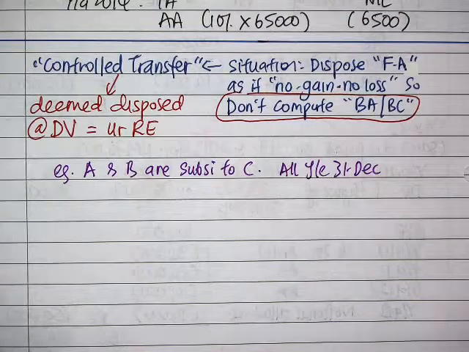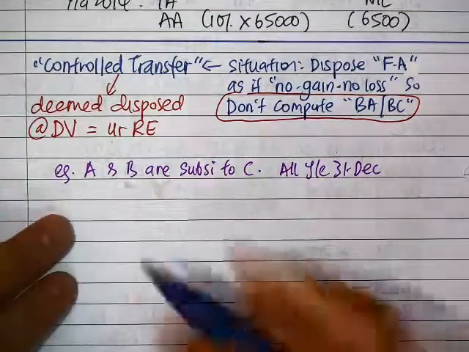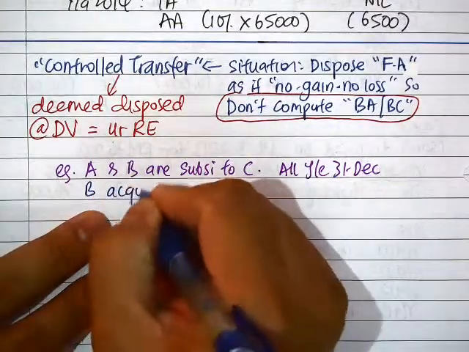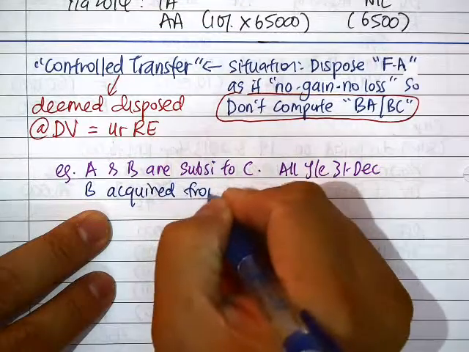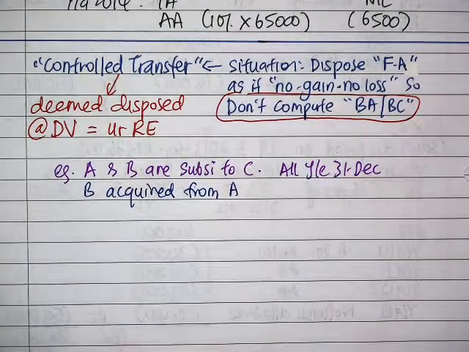Now always look at the acquirer. Okay? Always look at the acquirer. So now we tell you that B acquired from A. B buys from A